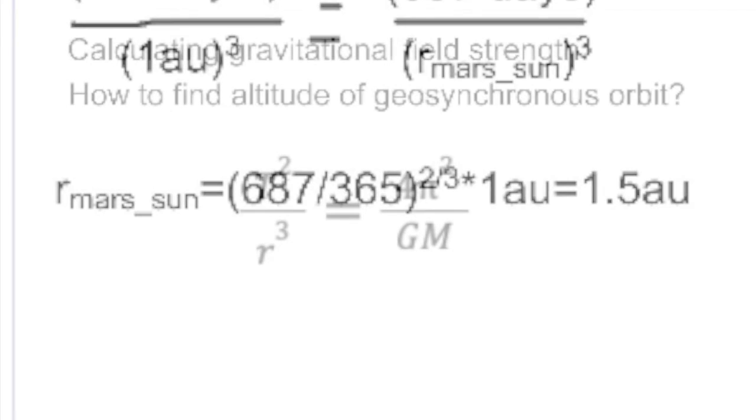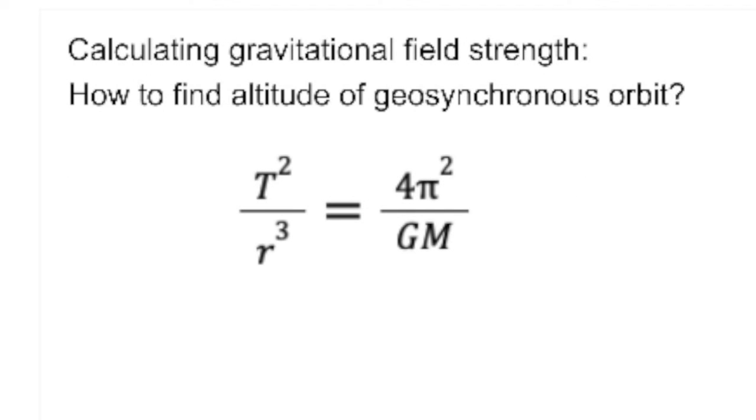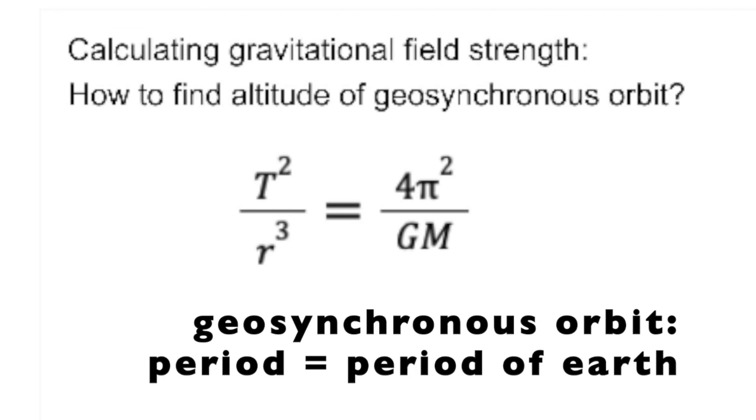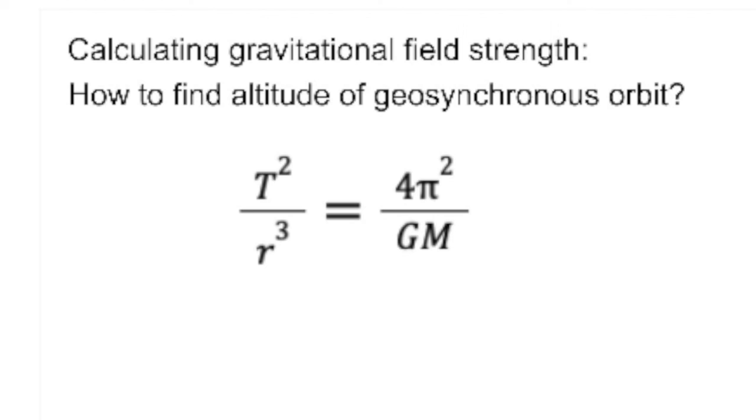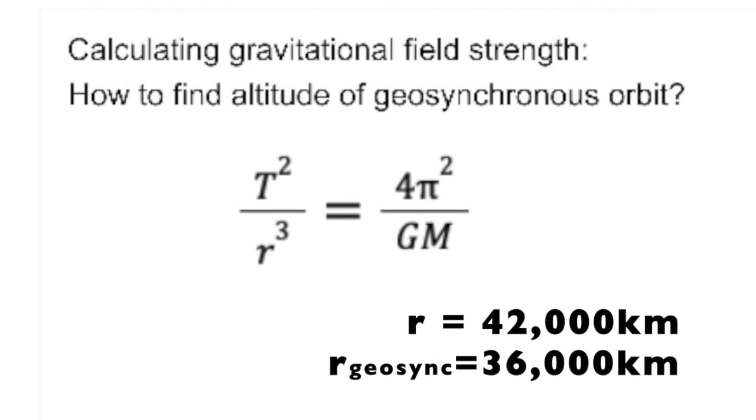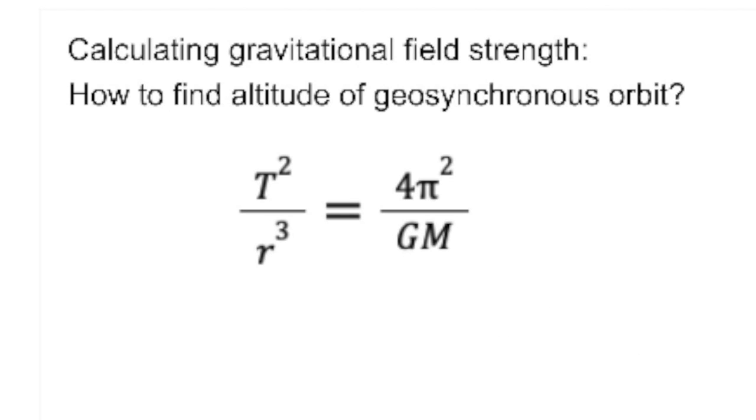You can also use the same trick to figure out the altitude of a geosynchronous orbit. We talked about a geosynchronous orbit as being a satellite that has an orbit with the same period as the Earth, so that it always stays above the same point in the sky on Earth. So that would mean we plug in for the period 24 hours, but you should change that into seconds. So you get 24 hours times 3600 seconds. And then you can just plug in M, the mass of the Earth, the mass of the thing you're orbiting, solve for r, and you will get that r, the radius of orbit, comes out to be about 42,000 kilometers, which is not the right answer. The right answer is, for the altitude of a geosynchronous orbit, about 36,000 kilometers, as shown earlier. And of course, the difference is the radius of the Earth.